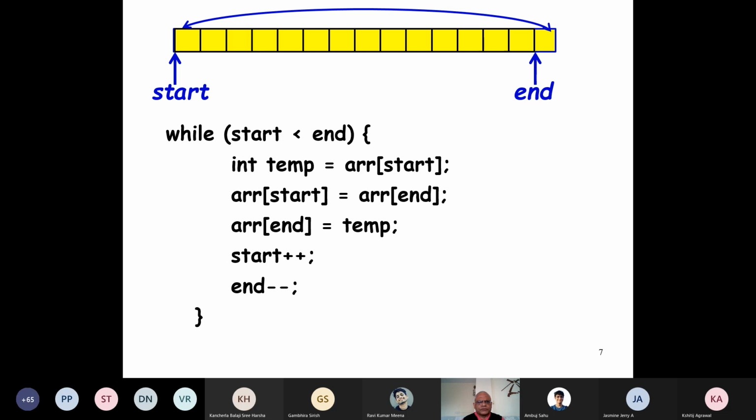And we swap these two, the contents of the start with the contents of the end and vice versa. These are the 3 C statements which achieve this. And then we increment start to the next element and decrement end to the next element. And we keep on doing that until start becomes equal to or greater than end.